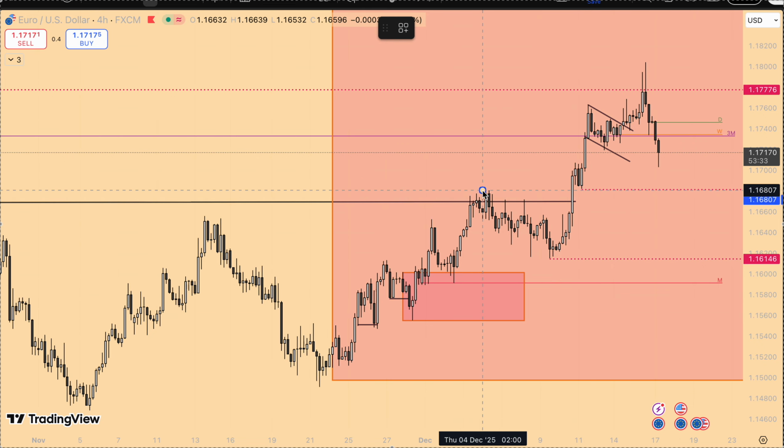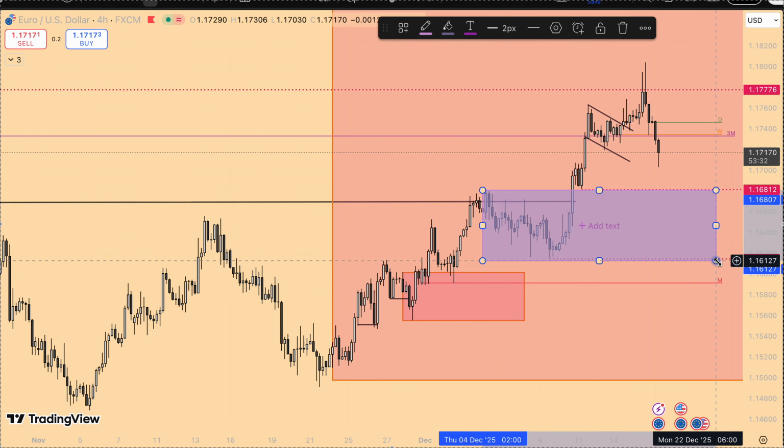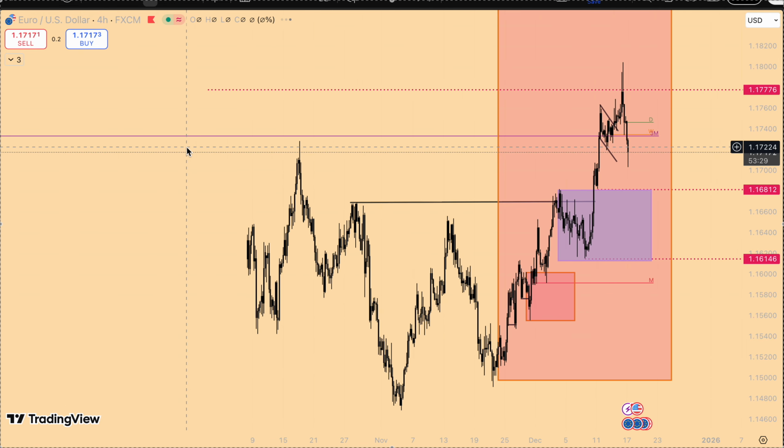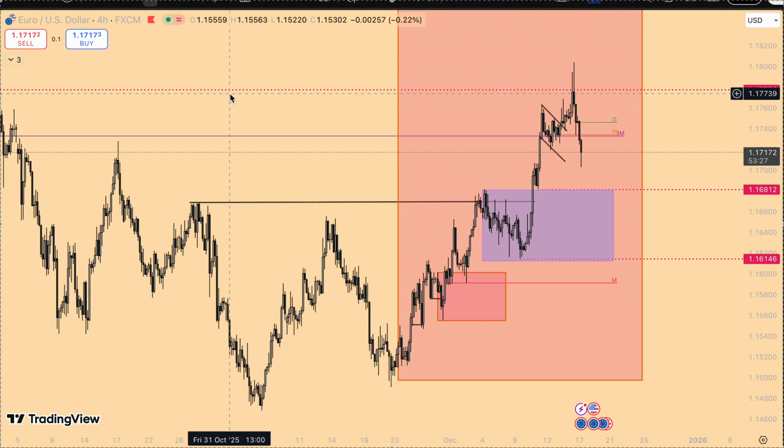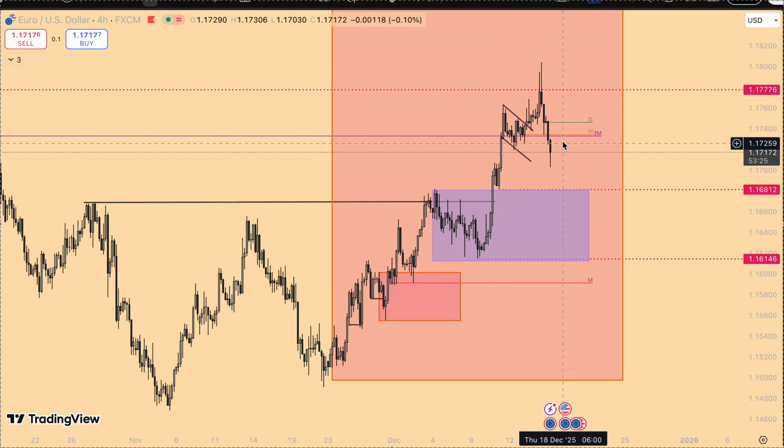These are lows that you keep an eye out for as we've grabbed this liquidity high. So now for me, if you're in any short, congratulations, you can start scaling out from here. Your extreme target can be here. Maybe you just leave a small percentage running if it gets here.